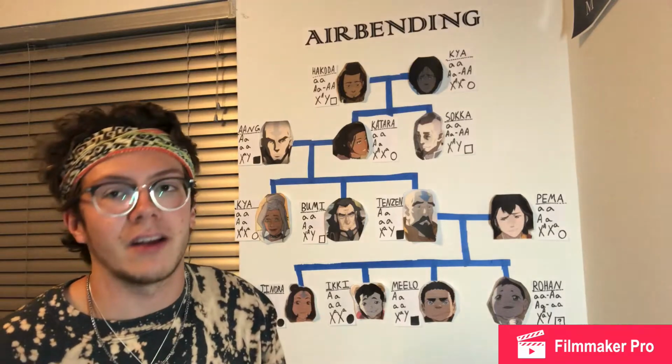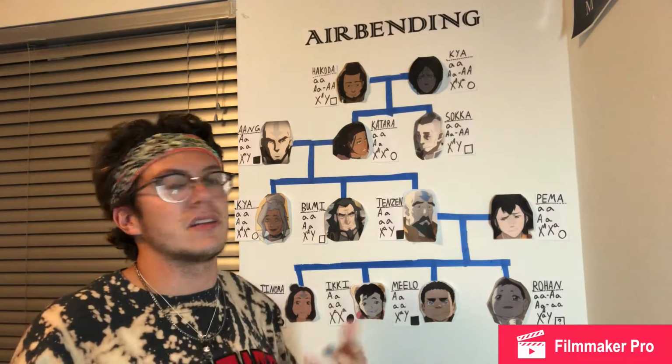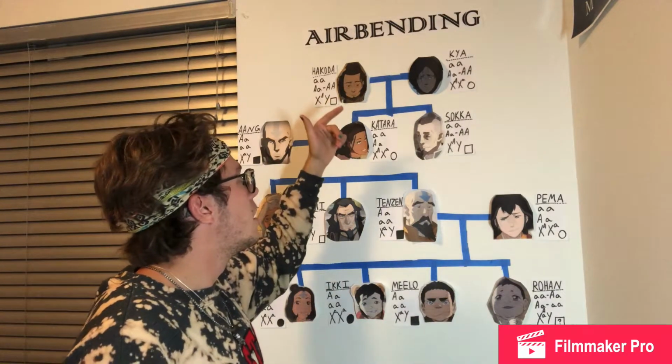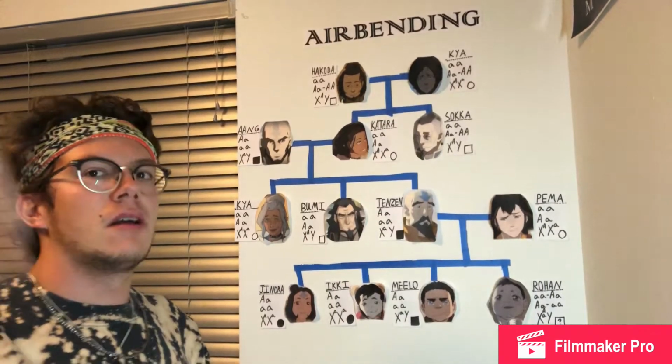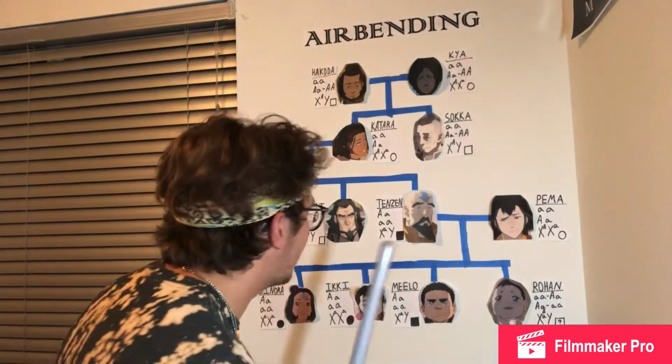And the other mode of inheritance that does not work is Y-linked, and that's pretty easy to tell because Y-linked means all the males would have to have the trait, and we can see here not all the males have the trait. So now that we have all the background information out of the way, we can focus on